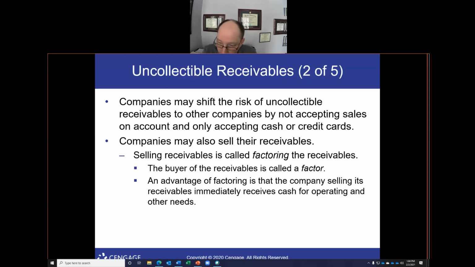I've been there. I've been on that other side where they call me and say, hey, you owe me, and so on. You know how that works. But they call it factoring. Yep. It's where the company will say, hey, listen, I'm going to sell this debt to a debt collector. They'll pay me the difference of the receivable. The benefit for companies doing that is it provides cash flow right away, and it helps the company with their operating needs.